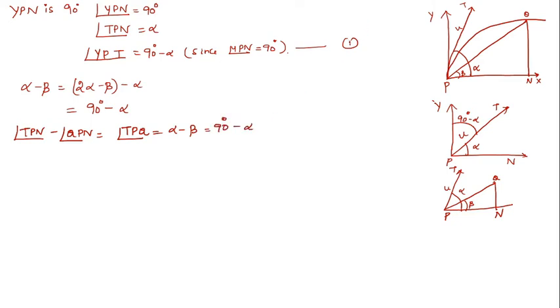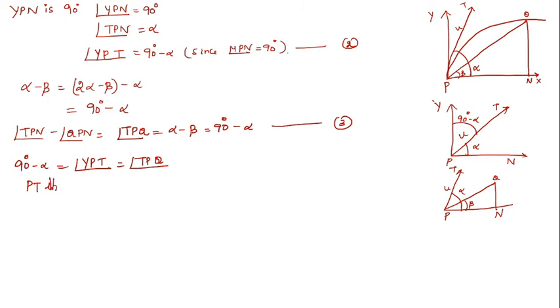We already have equation 1, so this is equation 2 and this is the third equation. When you compare this 90 degrees minus alpha, from equation 1 you will get angle YPT. From equation 2 you will get angle TPQ. Okay. See that this line TP is a common line, right? We can say this TP is bisecting the angle between the vertical line and the inclined plane, right? So this is the vertical line, this is the inclined plane, and PT is the line which is bisecting the angles. So we can write it as